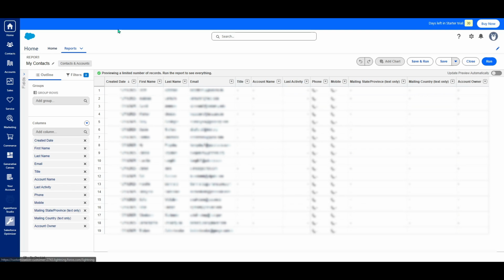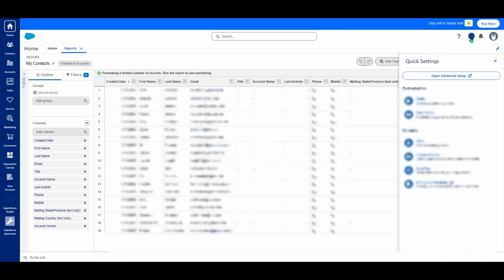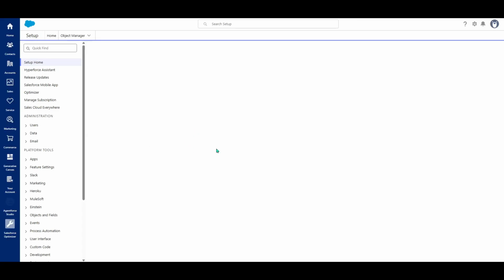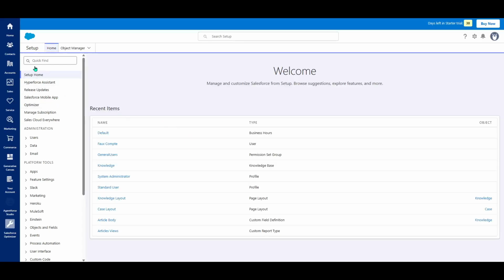Start by going to the top right corner of Salesforce and clicking the gear icon. From there, select Open Advanced Setup. This takes you into the admin area where all the automation and communication tools live. If you don't see this option, make sure you're in the Lightning experience and that you have the proper permissions